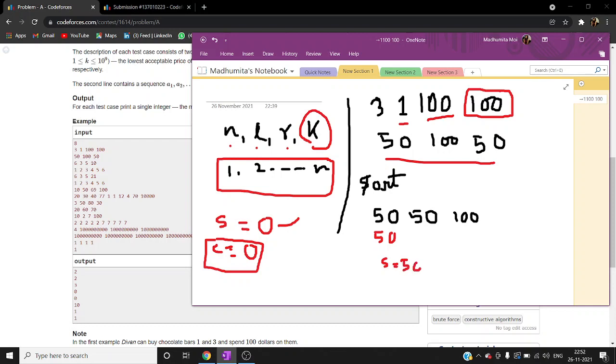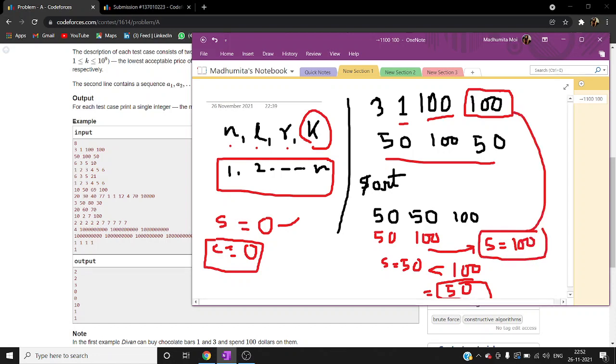Now it is less than 100, so he has 50 more that he can spend on some other chocolates. When he comes to the second one, his sum increases by 50 and becomes 100. Now S equals 100, and hence he has already spent all of his money. Now here he is going to stop.